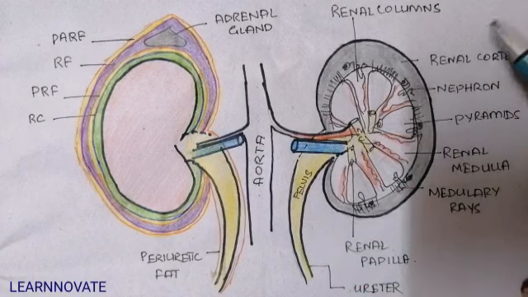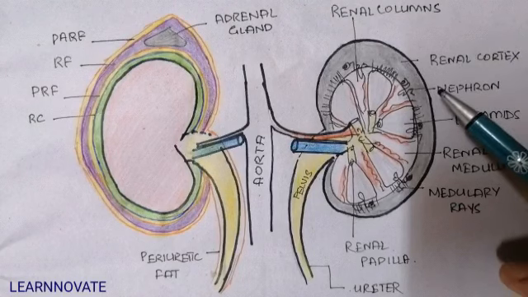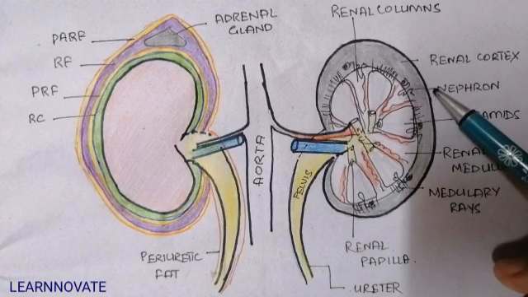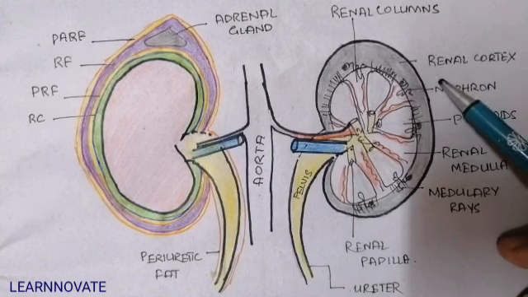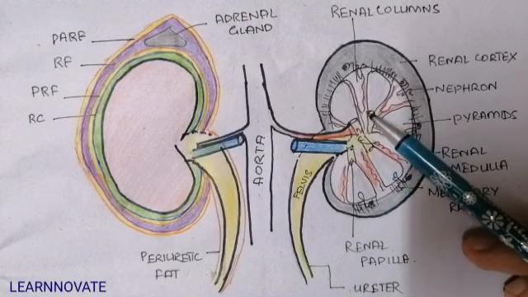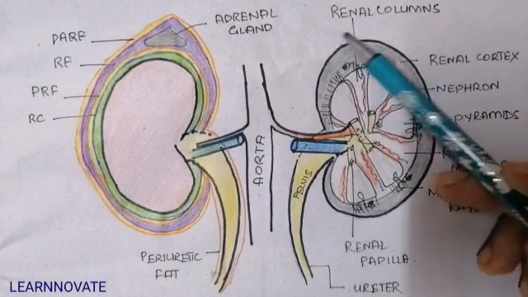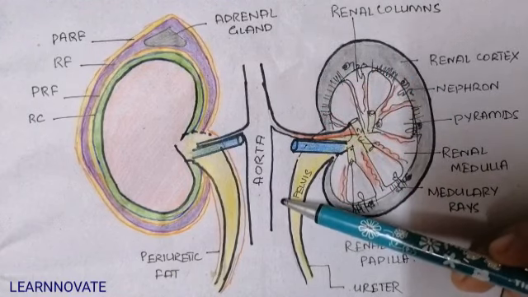Okay, now starting with the structure of the kidney. The two kidneys are ovoid, bean-shaped structures. They are located retroperitoneally in the posterior abdominal wall. They are attached to the posterior abdominal wall and are devoid of peritoneum. The second point to remember is that these two kidneys lie at the level of the T12 to L3 vertebrae. The superior level is at the T12 vertebra and the inferior level lies at approximately the L3 vertebra.